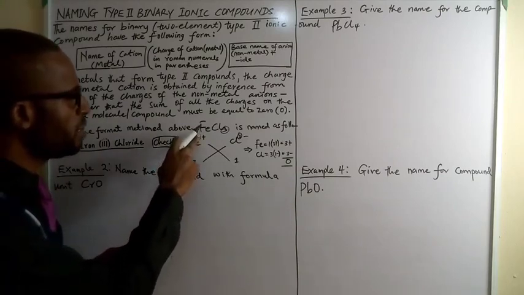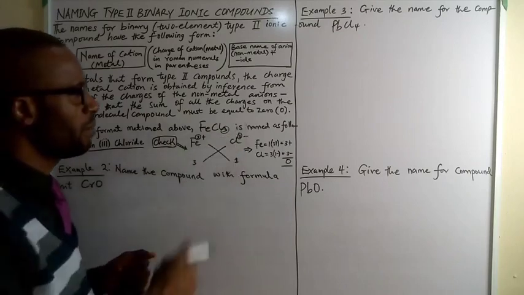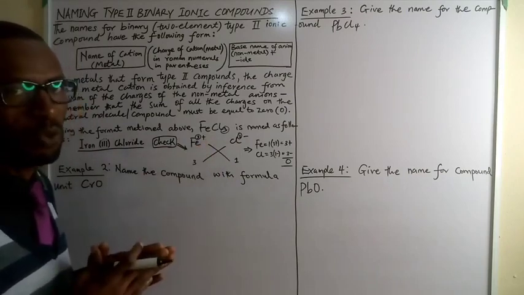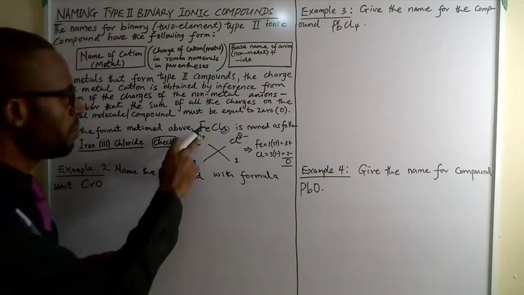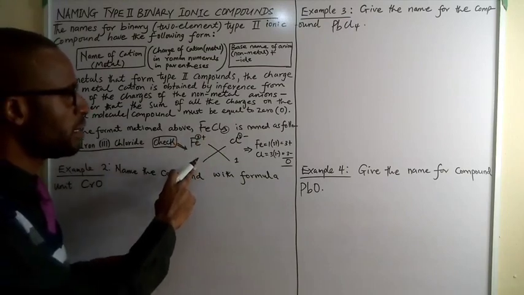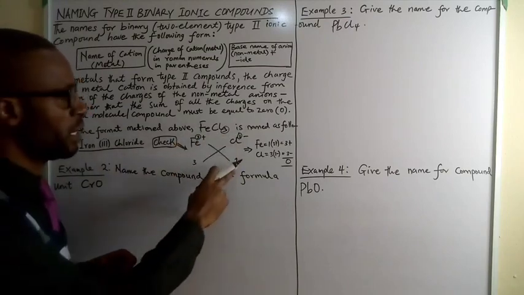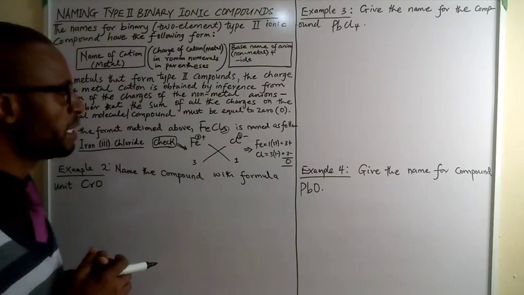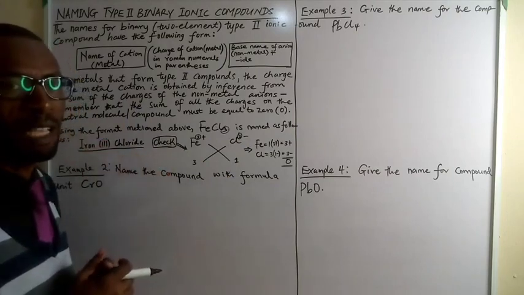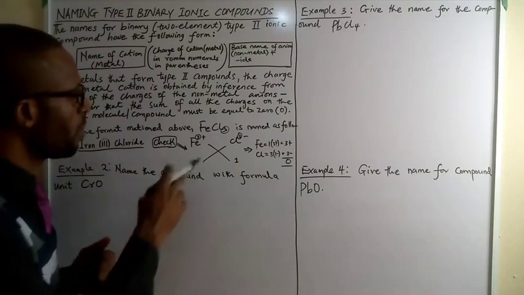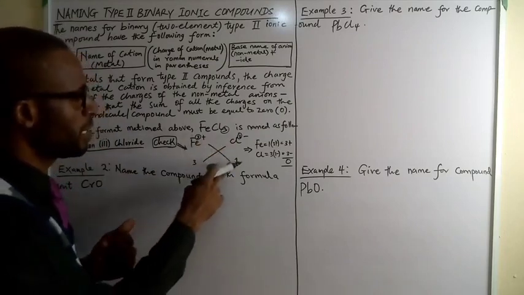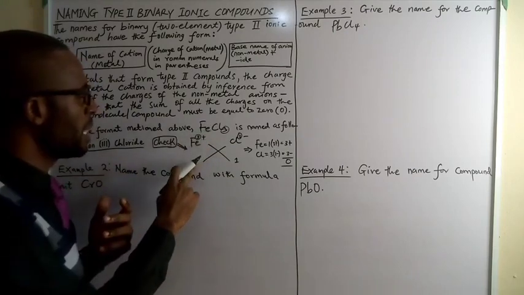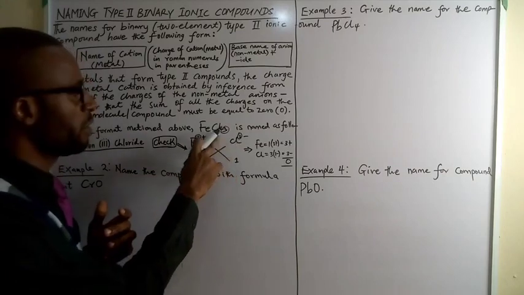So here we have Fe3+, and here we have Cl1-. Chlorine will always form a minus charge, as you can see, a -1 charge. When you bring down the magnitude of the charge of the cation, which is 3, and the magnitude of the charge of the anion, which is 1, you use the crisscross method. Remember I taught you that in the last 2 videos before this one. When you do that, this 1 goes into Fe, giving us Fe, because anything times 1 is itself, while this 3 goes into Cl, giving us Cl3.